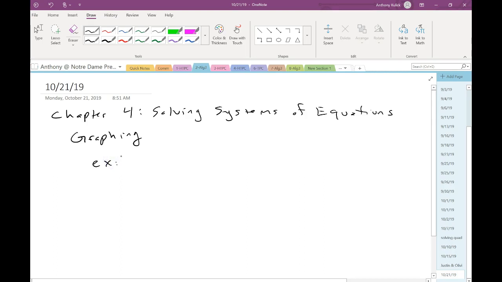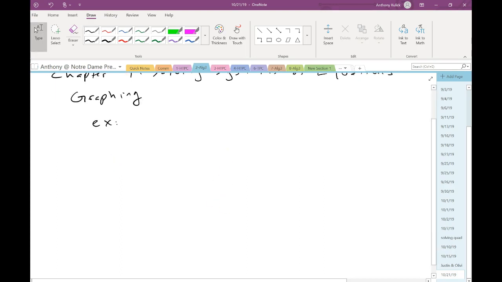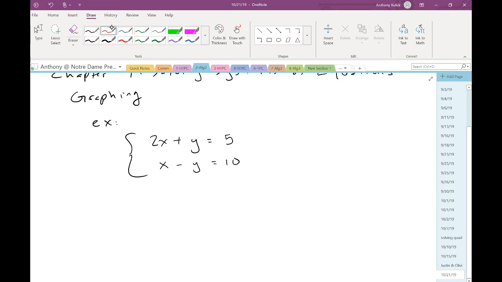So let's look at a quick example here. We had said if we wanted to solve this by graphing,